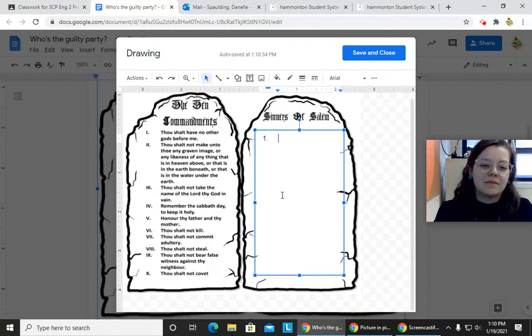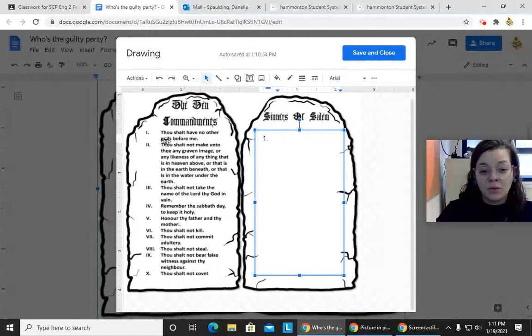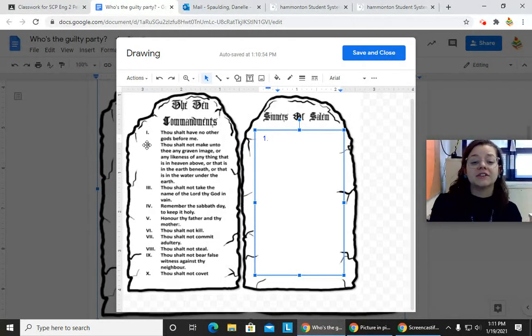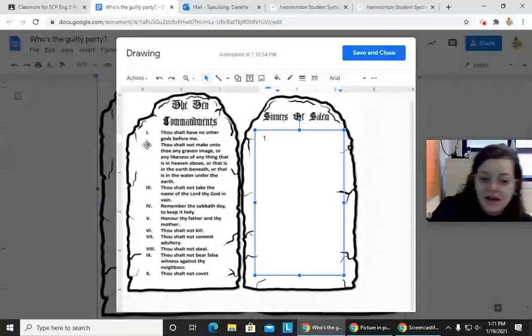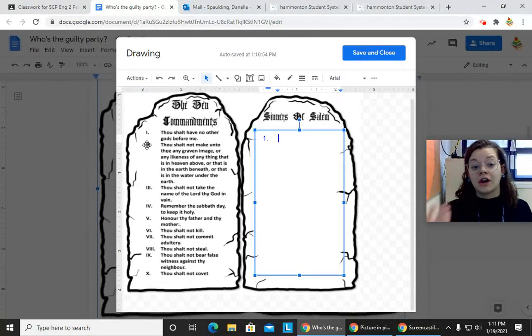The 10 Commandments are over here on the left-hand side, and we see that one is thou shalt have no other God before me. We know that these are Christian Puritans, so no other gods should be worshipped. Well, we know that some of our other characters were worshiping other gods, right? We're talking about witchcraft. In fact, we know that one of them originally admitted it in the beginning. You're thinking of Act 1. What characters were admitting to being part of witchcraft in the beginning?